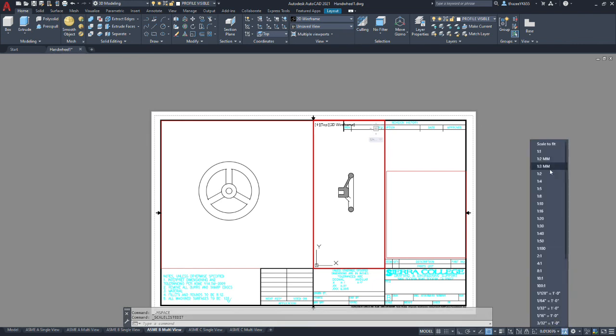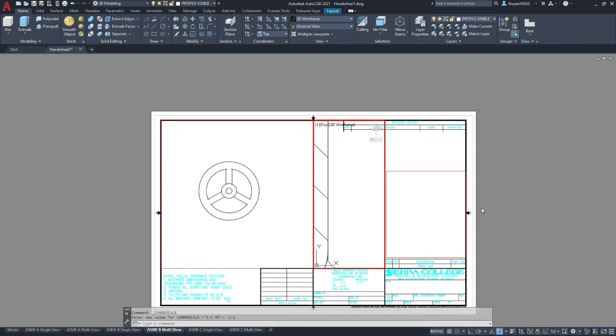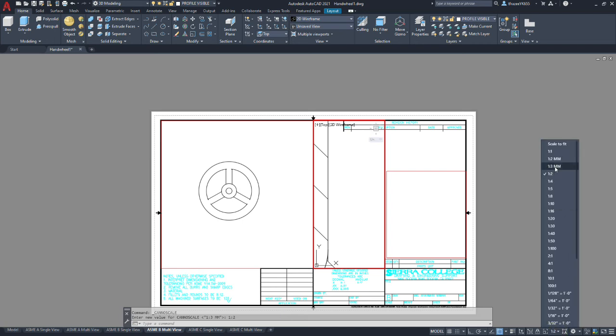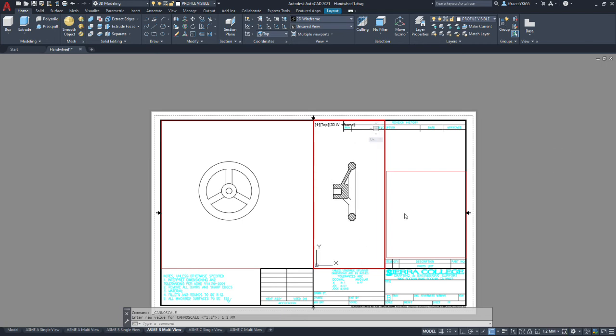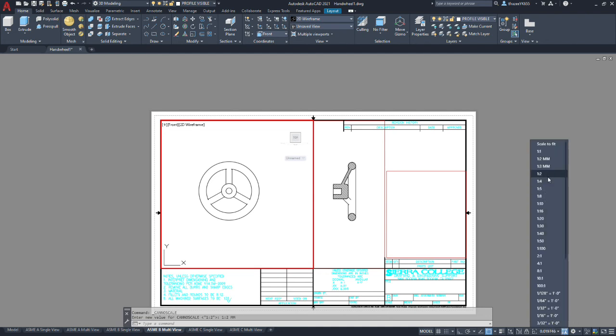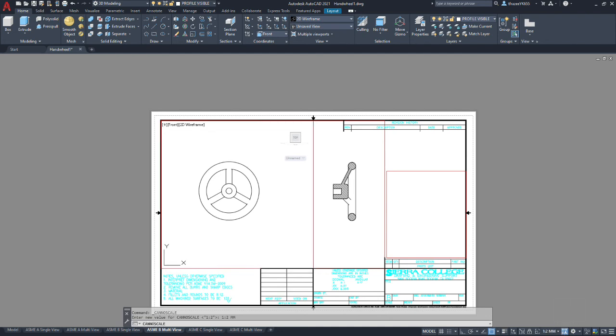And I'll change my side view to 1/2. And whoop, I didn't want 1/2. I wanted 1/2 in metric. And there we go. That's pretty good size. So we'll go with that. Oh, that should give us plenty of room for all our dimensions. You could go a little bit larger than that. I think there's a 3 to 4 scale, but I like to have lots of room, especially on a first revision drawing that might get modified a lot.